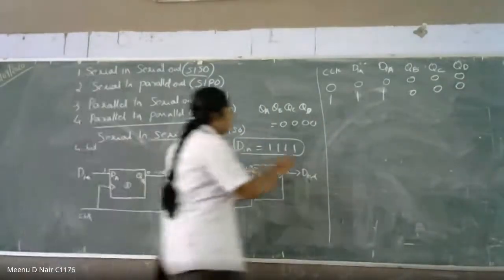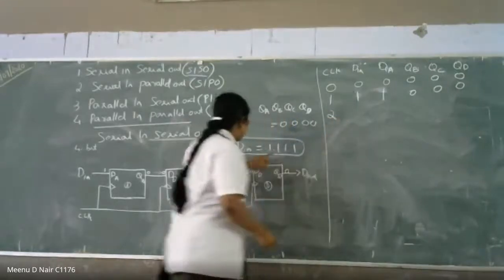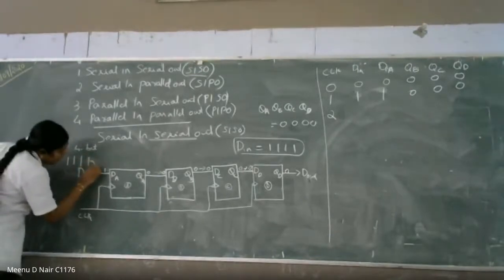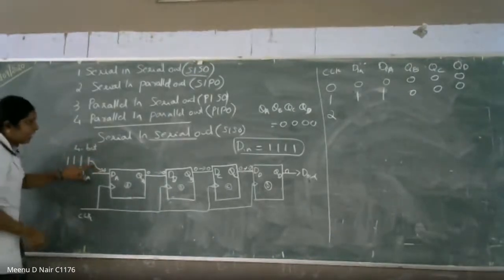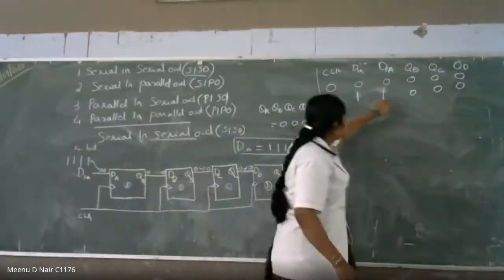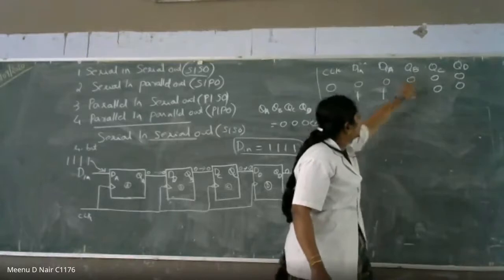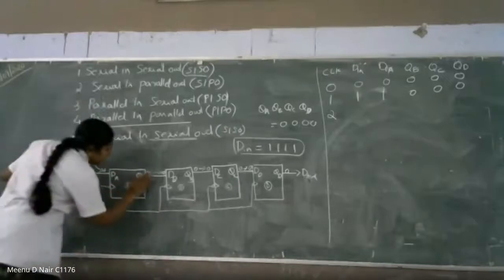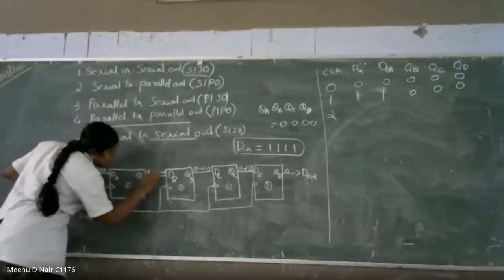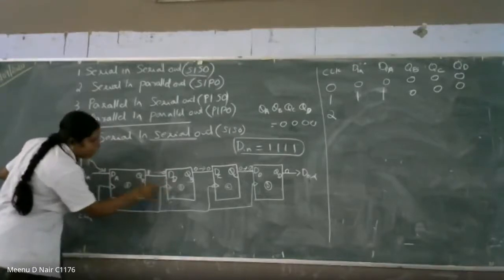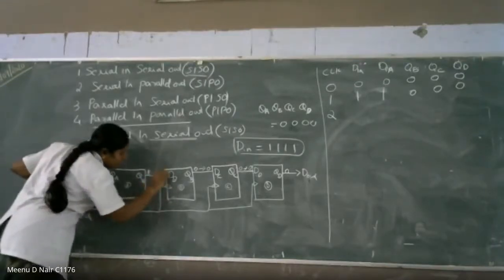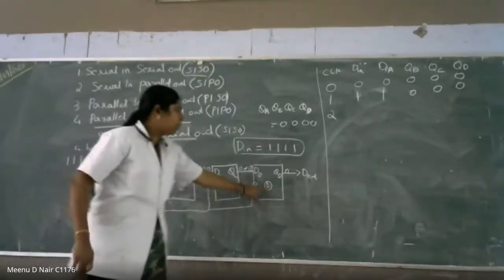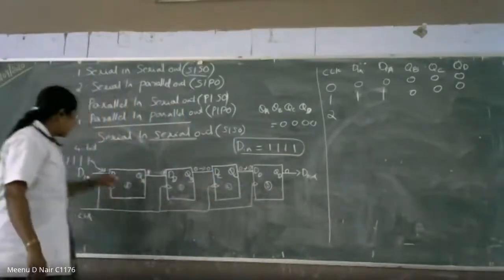Okay. Now you are giving the second clock pulse and the second input. Here it was 1, 1, 1, 1. Okay. So this one now came here. So at that time your output is 1, 0, 0, 0. QA is 1, QB is 0, QC is 0, and QD is equal to 0. Then the second input. Now QA is 1. This 1 appears as the input of the B flip-flop, right? So here it is 1, and all other cases are similar. The input of C is 0, input of D is 0. Okay, we are considering the second clock pulse.